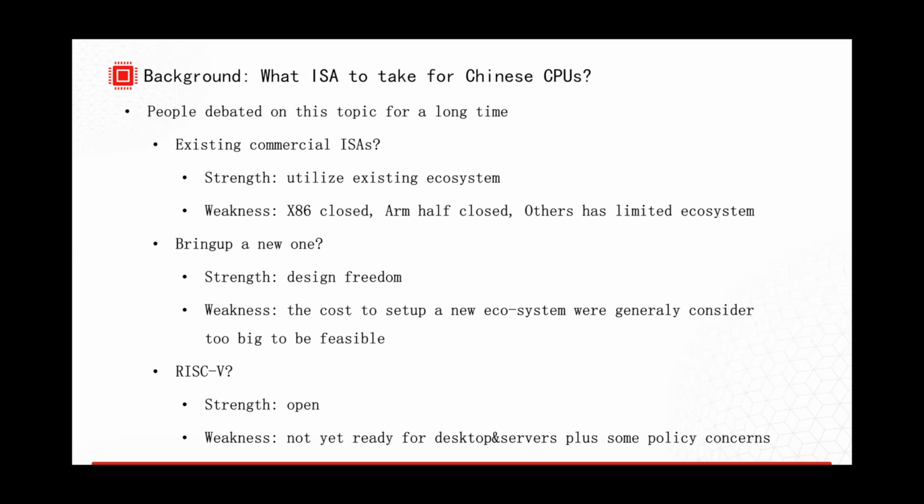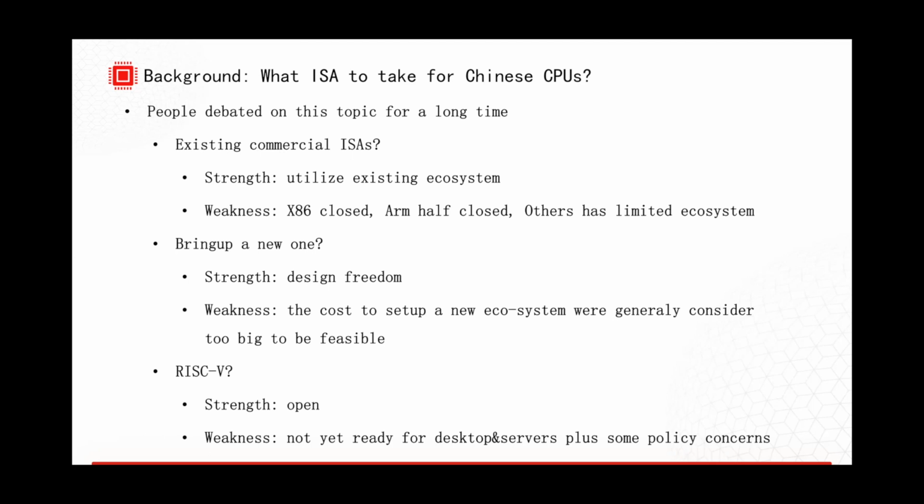Its strength is that we can utilize the existing ecosystem. This is a very big benefit. But its weakness is that we all know most commercial instruction sets, including x86 and ARM, are closed or half closed, and the other one has a limited ecosystem.